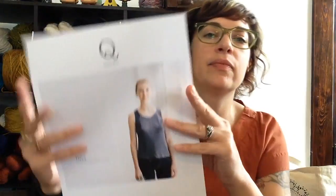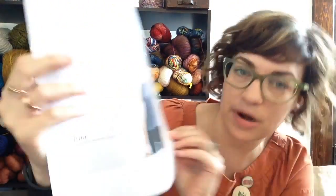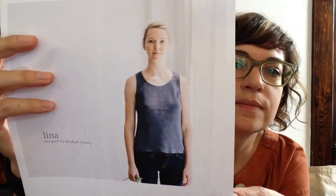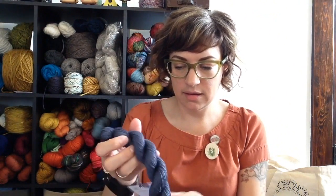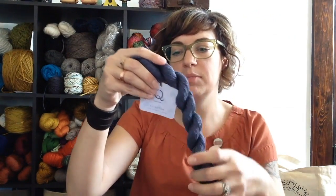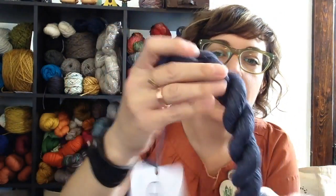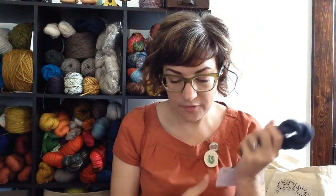I wanted to cast on this Lena tank top, by, I think it's Elizabeth Doherty. And I've had this in my stash since last summer, I think. And this is the Quincy Coast Sparrow in the Pigeon colorway. I really love it. And I've washed and blocked